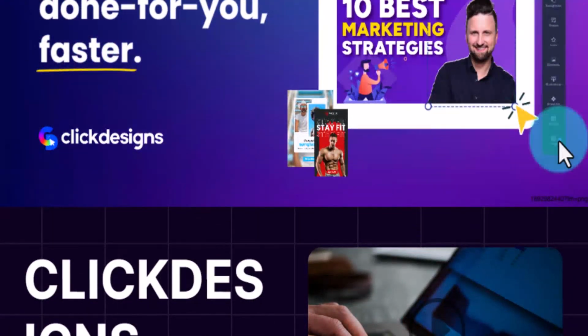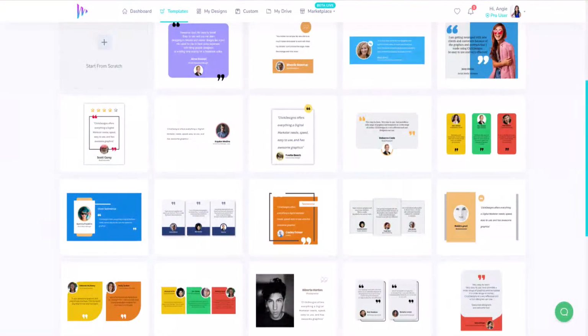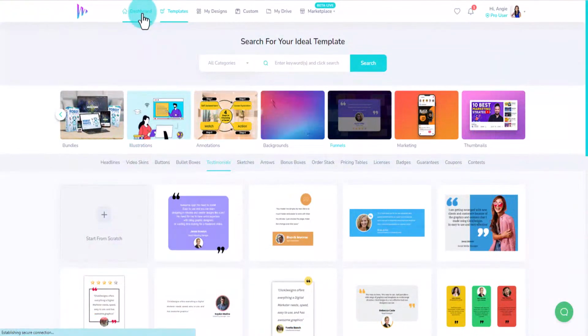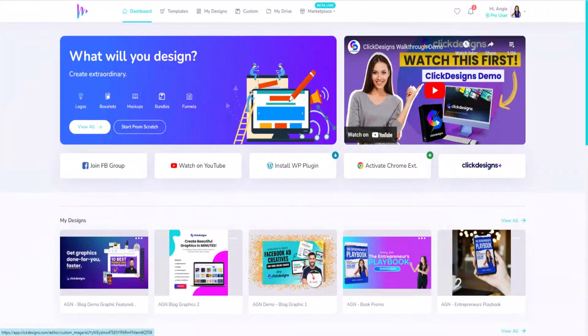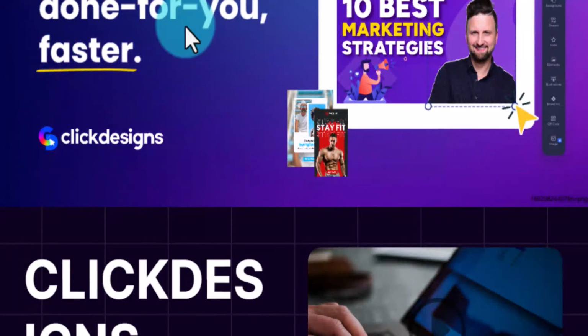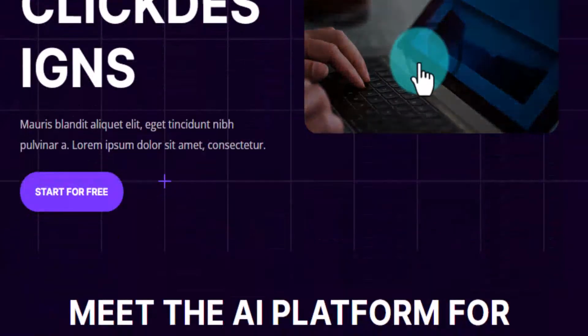Look, this is the featured image that we made in ClickDesigns. Look, right up here, if I go to dashboard, you'll see here are my designs, and that's the one I made, right? You guys watched me do it, and here it is. I could have edited all the text, the colors, anything. And then you can scroll down. Here's that